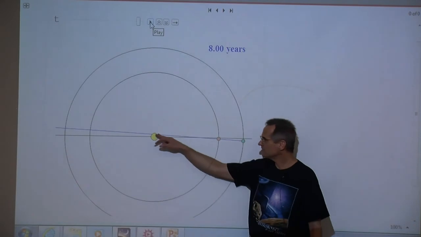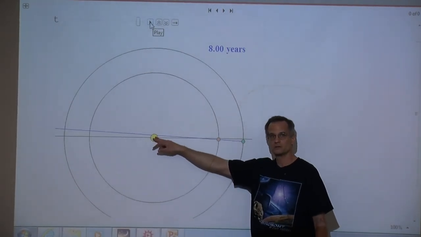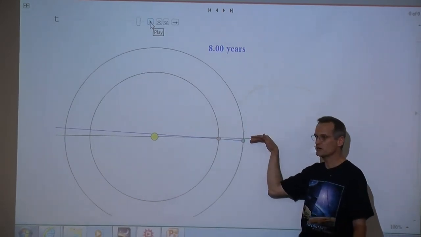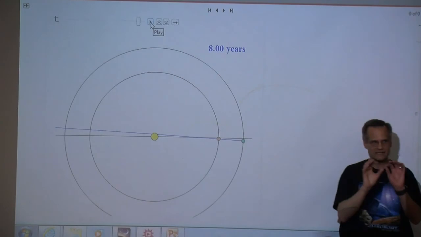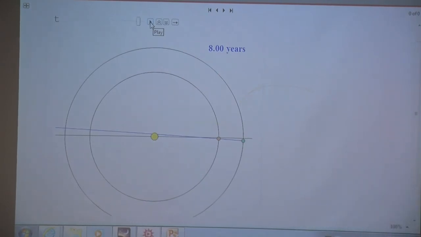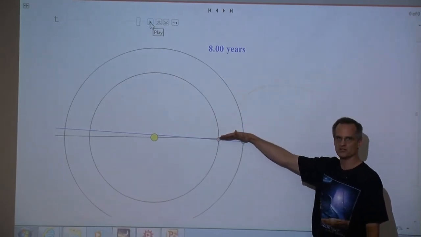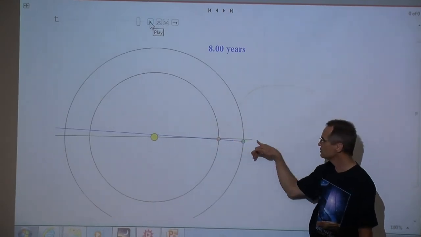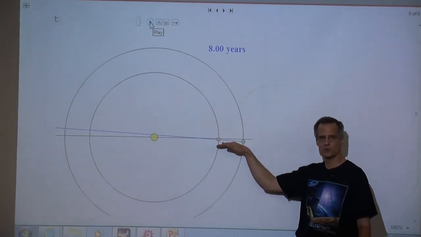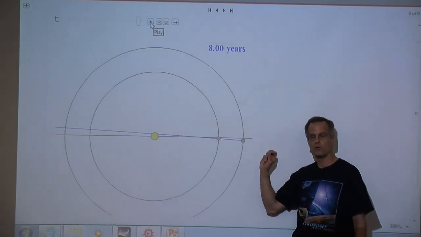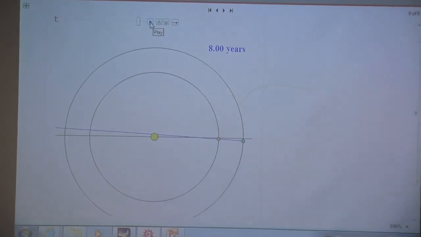Notice that we are basically at the inferior conjunction, but the planets are not exactly right back on the line where they started. In fact, the alignment, that connection of 13 Venus orbits to 8 Earth orbits, is not perfect. So the inferior conjunction actually happens a little bit before 8 years, a little bit before they get back to that original line. And that's going to be important. So we saw that every 1.6 years there's an inferior conjunction. Why do we not get a transit every 1.6 years? That I can show you in the next simulation.